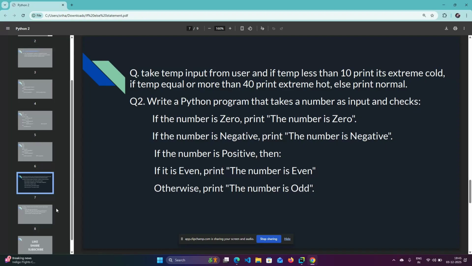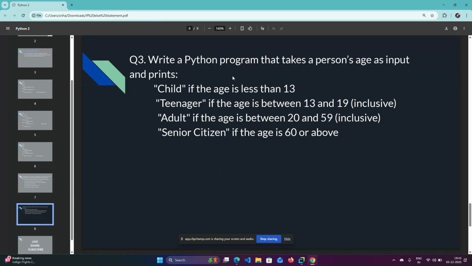Question number 1, question number 2, question number 3, try to solve this practice question on your own, guys. If you don't try by yourself and if you don't get stuck in the code, you will never truly learn. I am showing the solution here, but make sure you attempt it first. If you still don't understand after trying, then rewatch the video, it will help. Okay,